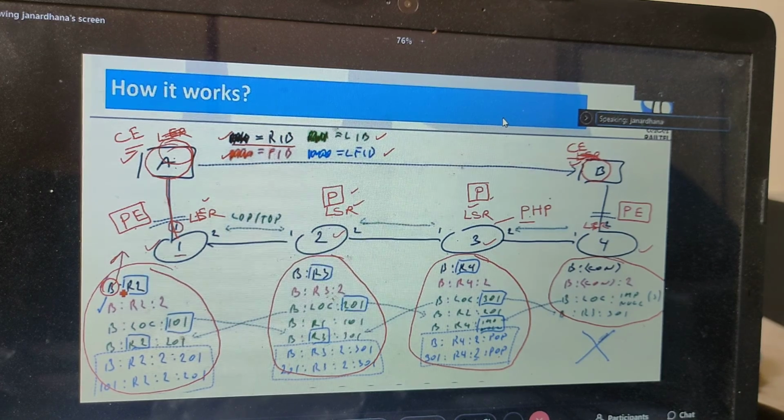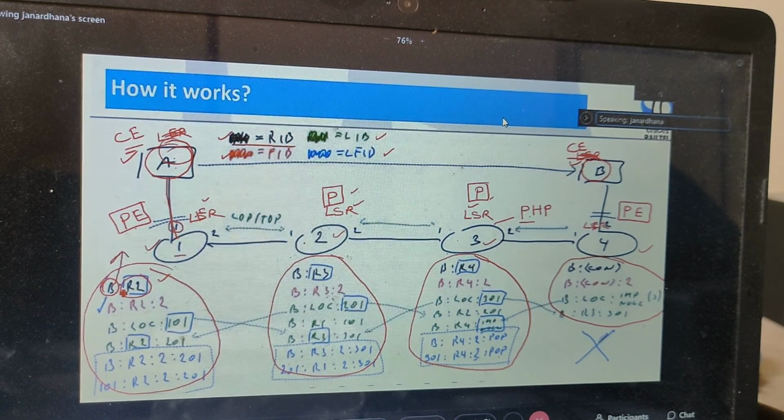So it has to go to destination B, but router number 1 cannot send it directly to destination B. So it has to send to router number 2 only, right? Router number 2. Is it clear? So whatever IP packets router number 1 takes to send to destination B, it cannot send directly, it will send to router number 2 only.